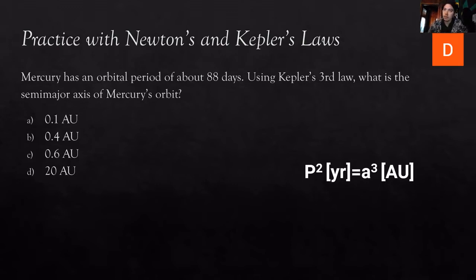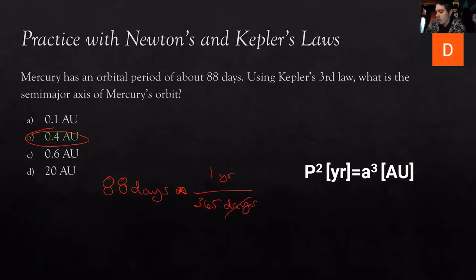All right. You should have gotten 0.4 AU, so B. So I'll walk you through how we did it. So first we have to take our 88 days and convert it into years. So times that, we know our conversions. There's 365 days in 1 year. Days cancels out, and this comes out to be